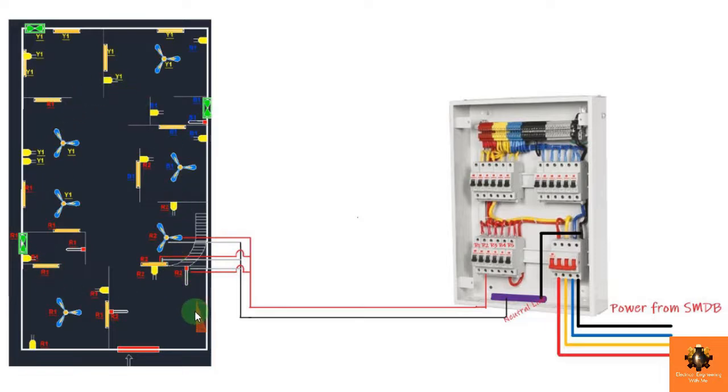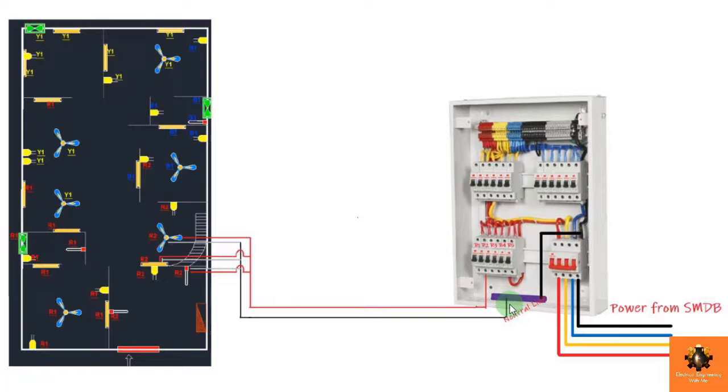For more understanding, see, this is the 3-phase distribution board. This is the R phase, this is the Y phase and this is the B phase, and I am assuming this as the neutral link because the neutral link is not showing in this image. Okay, this is the neutral link. Then the main neutral wire after this isolator will be connected to this link, and from this link the neutral wire will be taken for all the circuits.